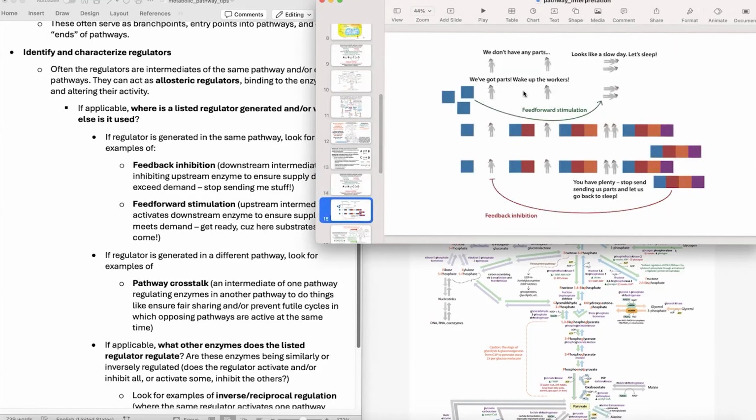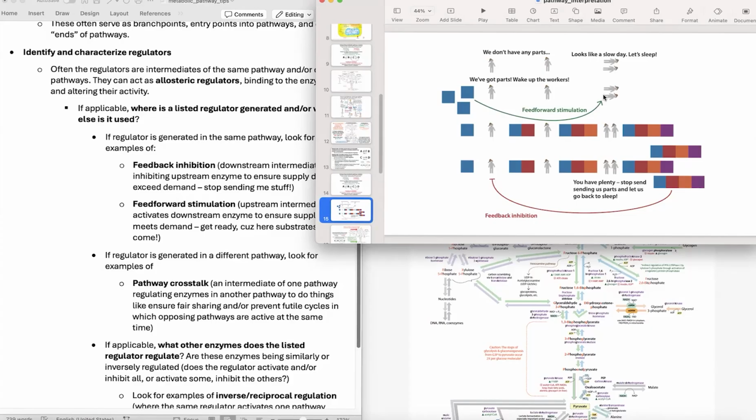So if you think of an assembly line, you have pieces that are coming down the pathway, and so you have a series of enzymes that are helping piece them together. The enzymes at the end of the pathway, those workers, they don't really need to be active and doing stuff if there's nothing coming their way. But once there is stuff coming their way, then you want to wake them up